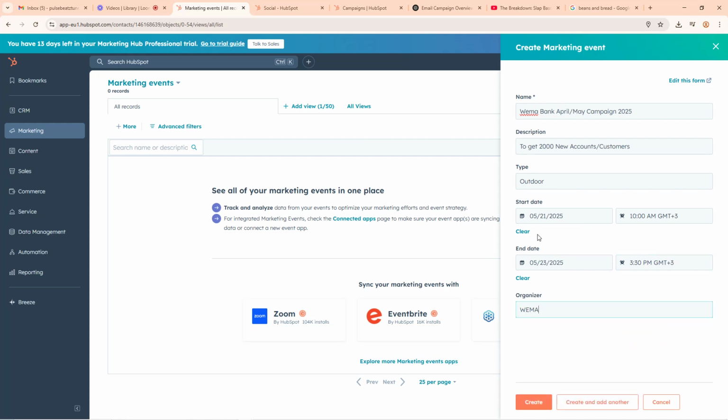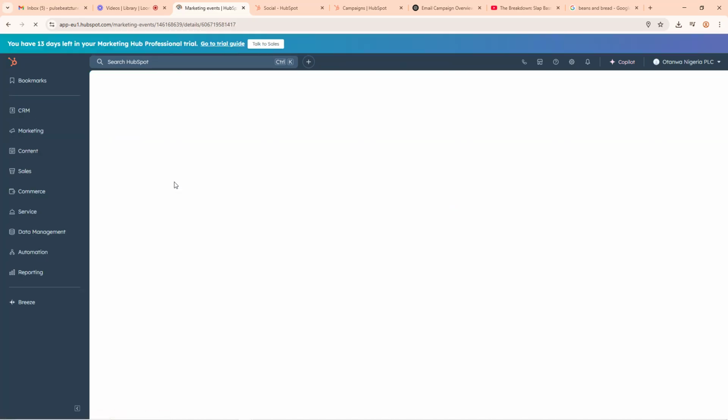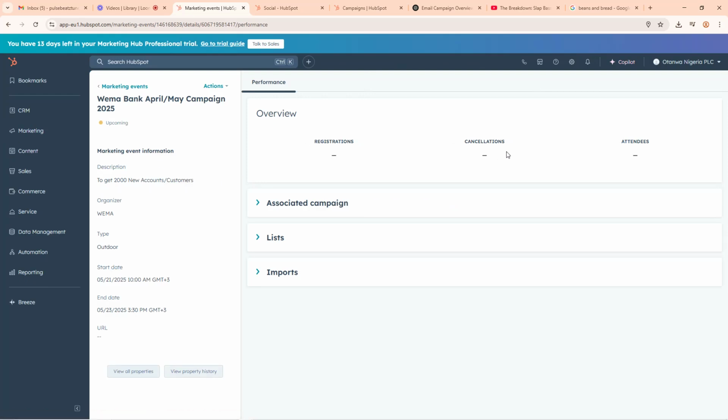Now this is your event. It's not hard now, is it? It's not hard. So I can now click here to create. When you click on create now, it will ask you to share this event. Now if you want to share this event, you can click on this place here to open this event up, and you can now get the link to